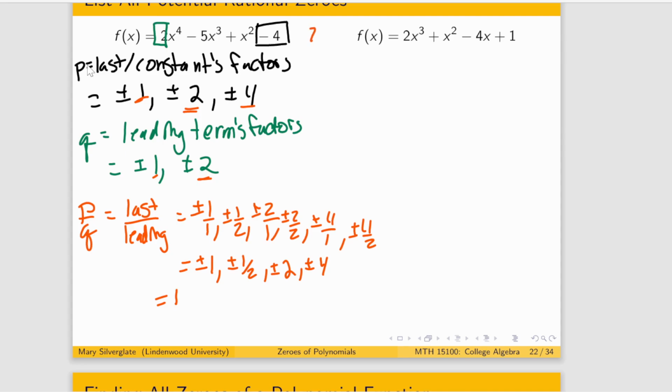So we're not talking about i's, we're not talking about the square root of 2 or something like that that doesn't simplify. Nice, clean fractions are 1, -1, a half, -1/2, 2, -2, 4, and -4,